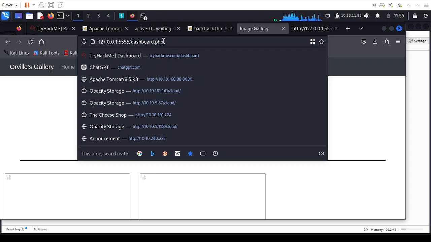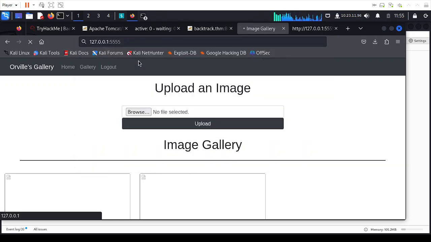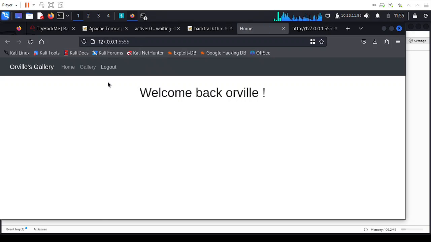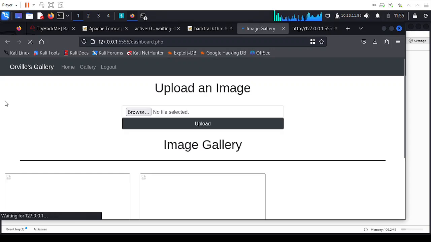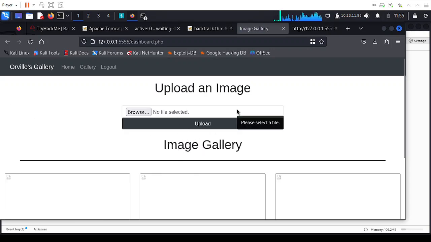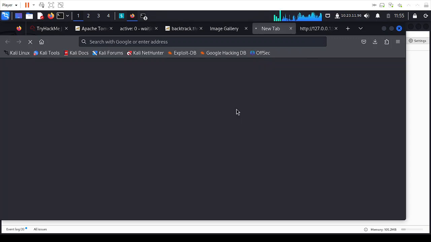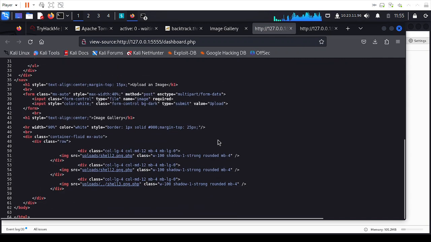I don't know if we managed, but let me see. Let's check the gallery. Let me press Control U to check how it was uploaded. So yeah, as you can see here, we managed to